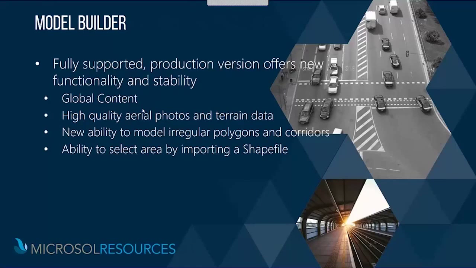And last but not least, the ability to select an area by importing a shapefile. Now, a shapefile, for those of you who aren't familiar with that term, is an Esri proprietary file format. Usually has the extension .shp, and it is two-dimensional geospatial information. So it can include point information, line information, or polygon information. And I'll spend a little time just explaining that for those of you who may be new to either InfraWorks